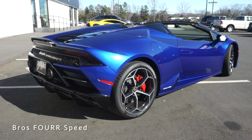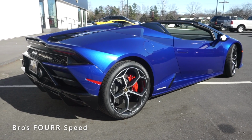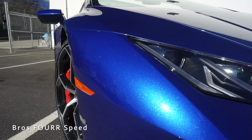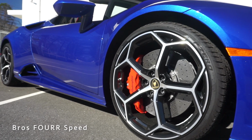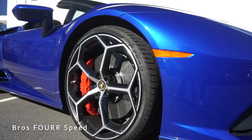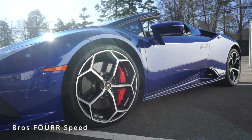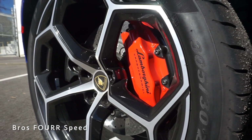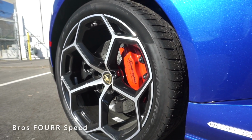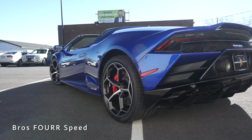New for the EVO is Lamborghini's all-wheel steering. At slower speeds, the rear wheels will turn in the opposite direction as the front wheels to effectively shorten the wheelbase, making it easier to maneuver around town and in tight spaces. At higher speeds, the rear wheels will turn in the same direction as the front, effectively lengthening the wheelbase, increasing stability. This features carbon ceramic disc brakes in all four corners that are both drilled and ventilated. They're 380mm up front with a 6-piston caliper. The rear gets a 356mm rotor with a 4-piston caliper. And this particular spec has a set of 20-inch wheels finished off in a two-tone diamond cut and gloss black